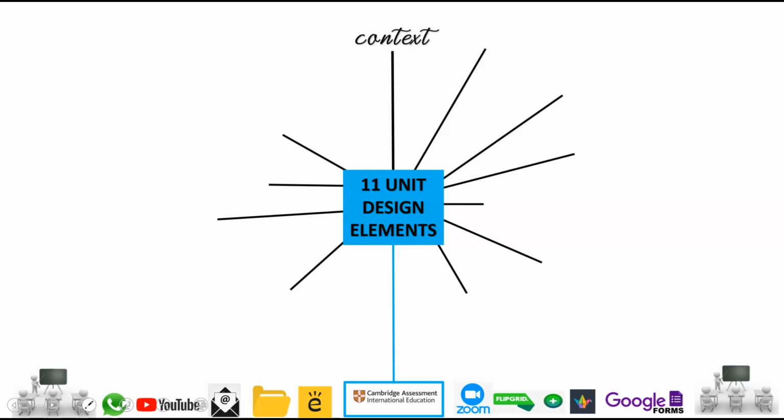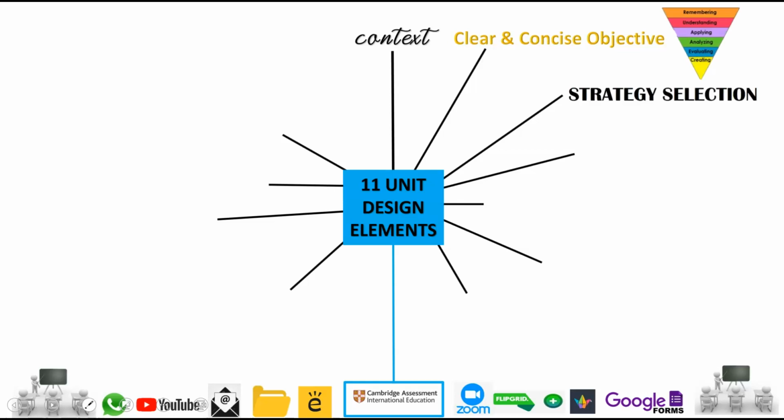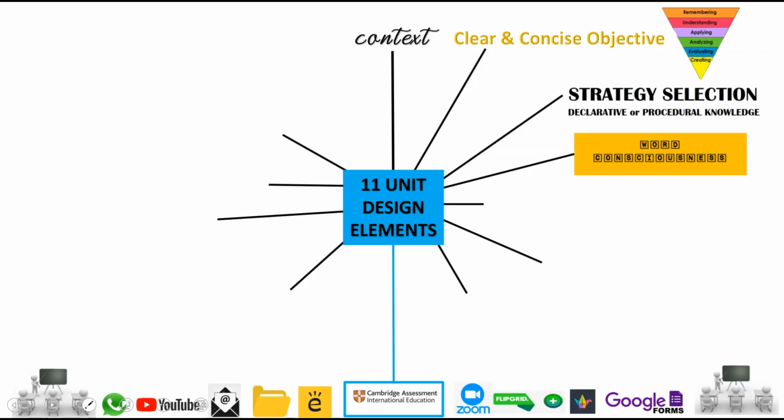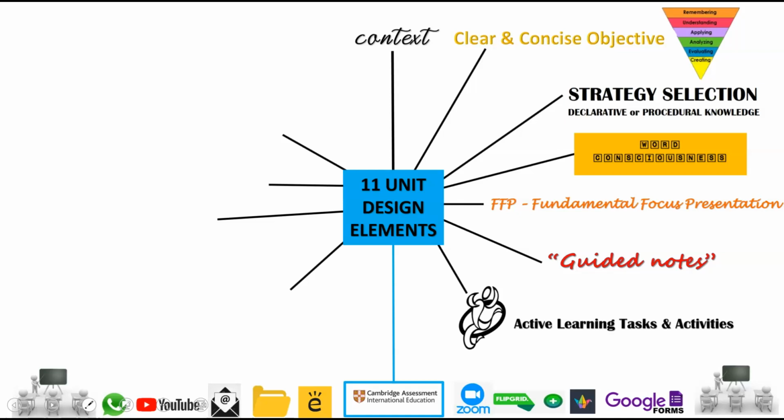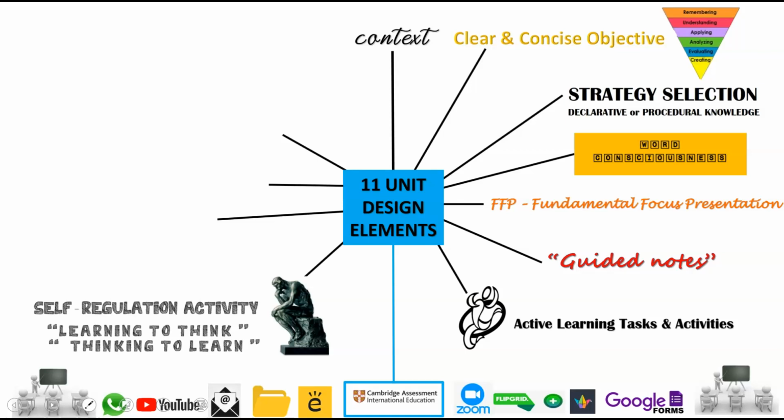Your context, where you bridge new work to old knowledge, your clear and concise objective based on Bloom's, selecting your strategy for declarative or procedural knowledge, your word consciousness, remember the hippocampi, your fundamental focus presentation, your guided notes, active learning tasks and activities, a self-regulation activity for the students, the learners to think, learning to think and thinking to learn,